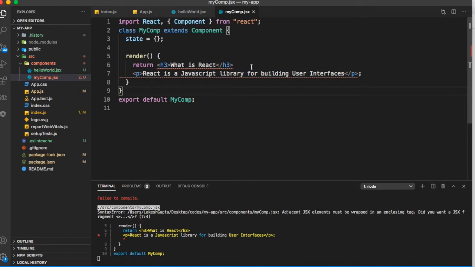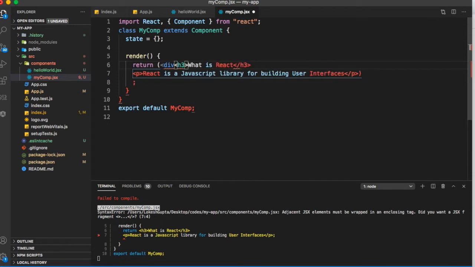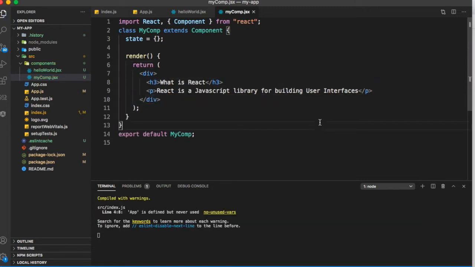So there are multiple ways to solve this problem. The first way to solve it is, in our return, we should always encapsulate it in parentheses. That helps us. We can encapsulate this part within a div, for example. So I can put this within a div, and now you can see this code got formatted. This is what Prettier did. And now if I go and test it,